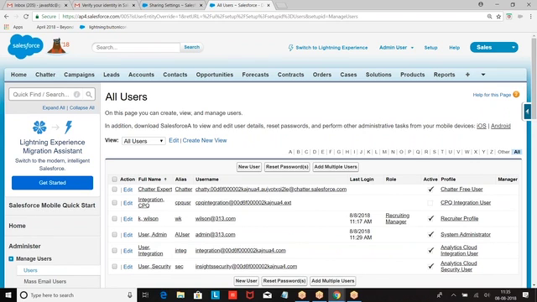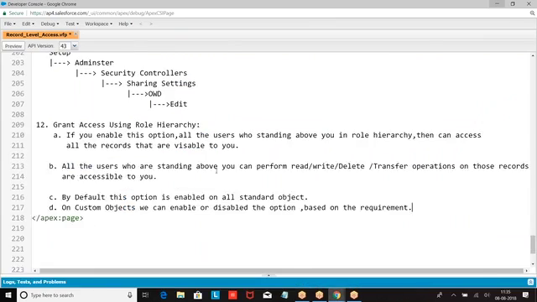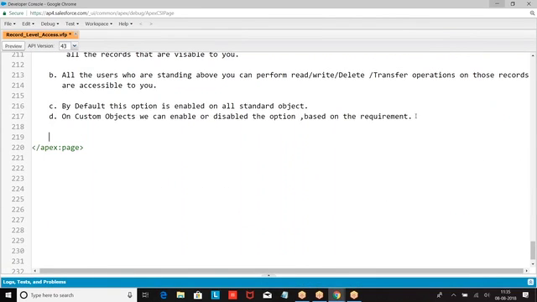Now, I have a requirement that for this group of people, every record should be visible. How will you achieve that? I will go for view all and modify all. What is the permission? Profile level permission, granting access on the records and profile level access.